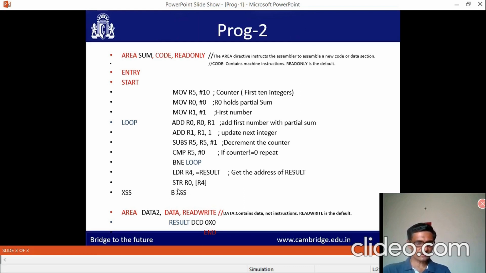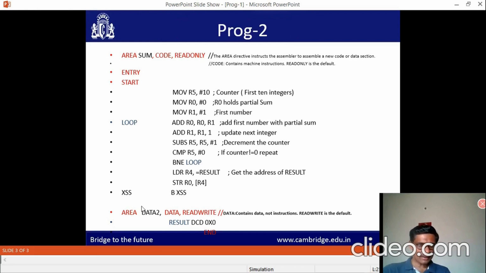B STOP. Here this is an unconditional branch instruction. It will be executed here itself because B STOP is a loop, it goes to the same instruction. This particular instruction is used to terminate the execution of the program, because in the memory there will be some more junk instructions present, and the execution continues if you don't do this. If you write B STOP, then the execution will keep running here itself instead of going to the next instruction. Then we have a data part here.